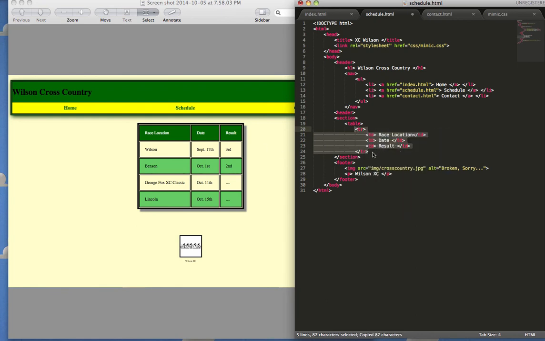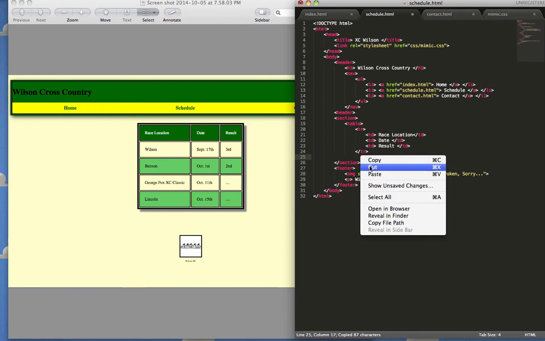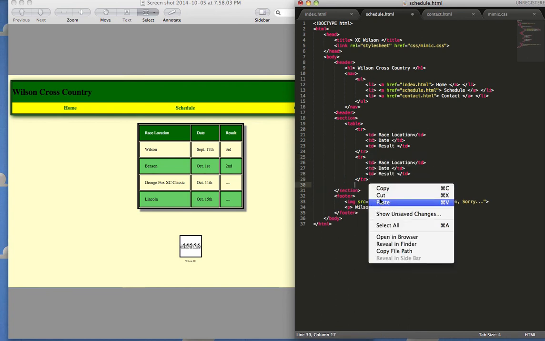Because I want that repeated 5 times. Paste and paste, that's 3,